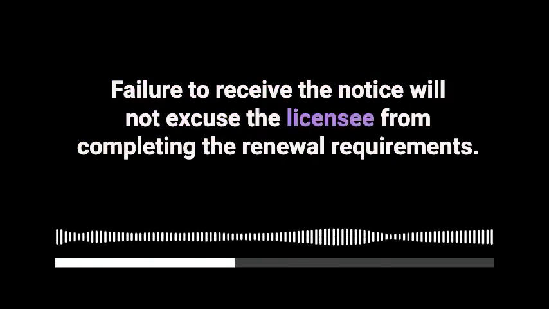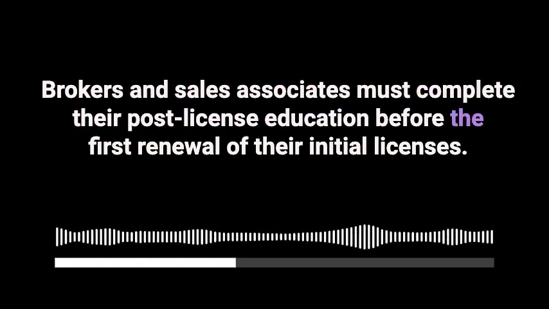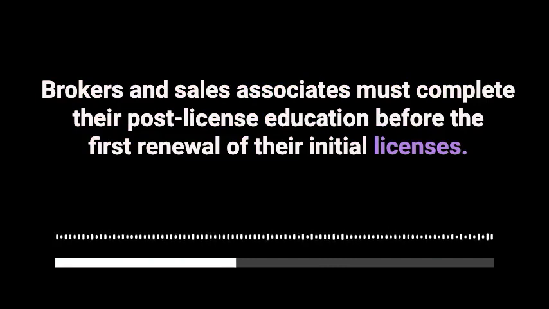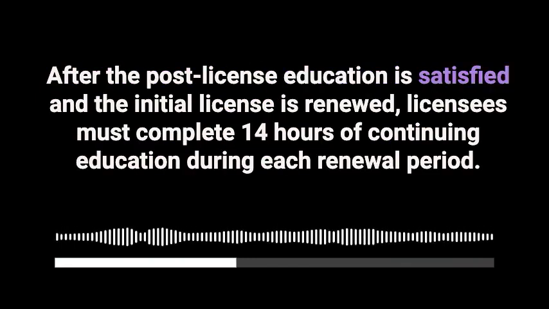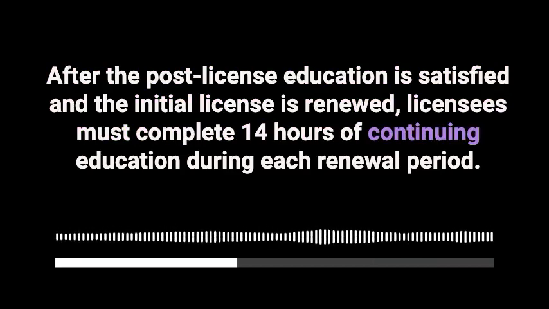It is the responsibility of licensees to keep track of their renewal dates and license requirements. Failure to receive the notice will not excuse the licensee from completing the renewal requirements. Brokers and sales associates must complete their post-license education before the first renewal of their initial licenses. After the post-license education is satisfied and the initial license is renewed, licensees must complete 14 hours of continuing education